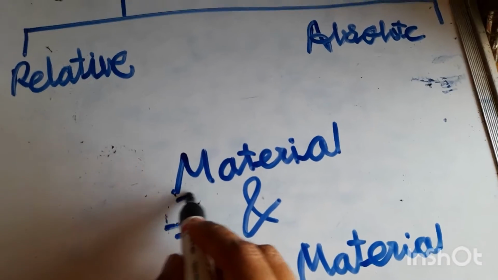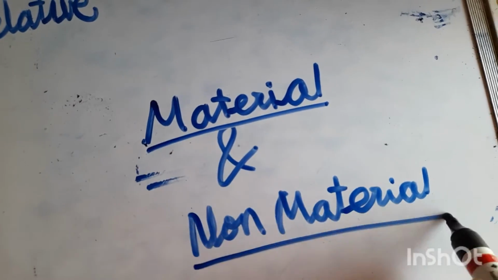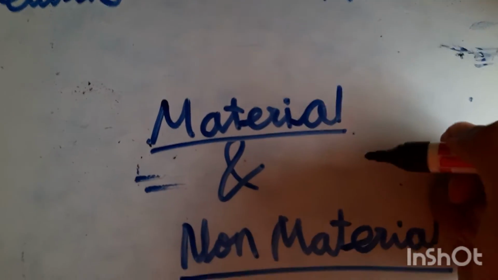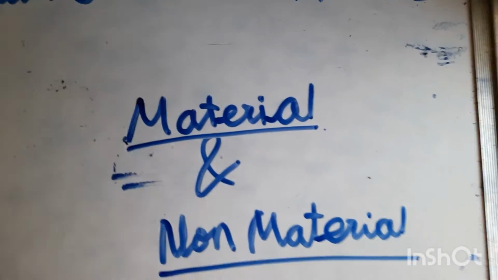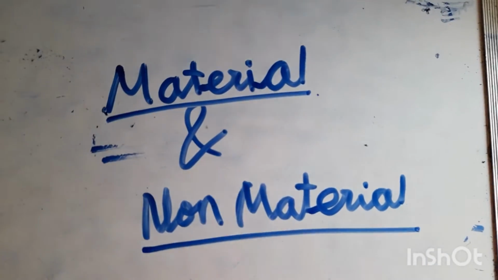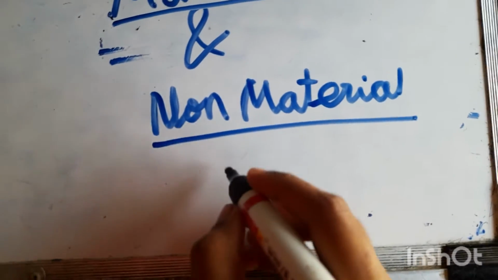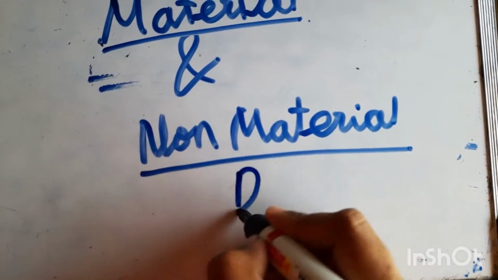Next chapter is poverty. Poverty can be classified into two dimensions, material and non material. Material poverty means lack of food, clothing, shelter, and material things, etc. Non material means discrimination